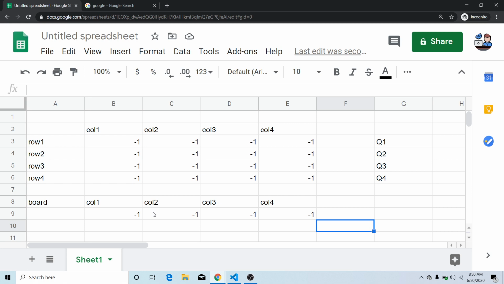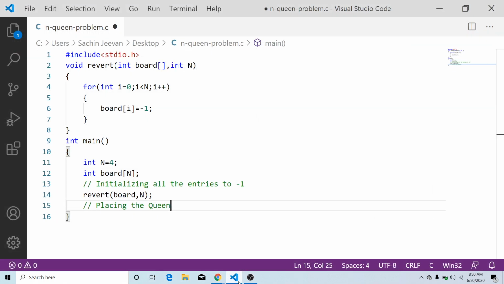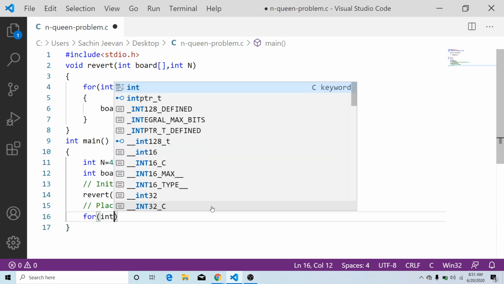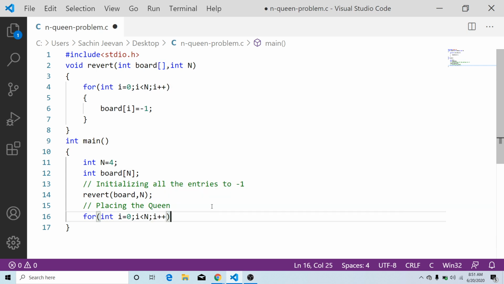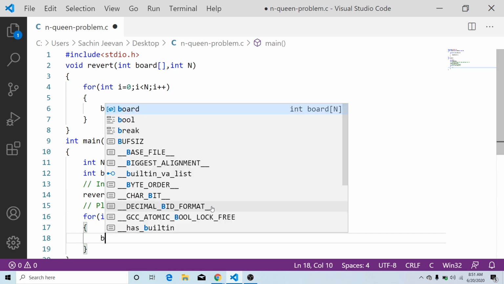Okay, right. So now we have to start placing the queen. How are we going to start placing the queen? For the first row, we are manually going to decide the column where we place the queen, either the 0th column, first, second or third column. So totally how many columns do we have? We have 4 columns, right? So let me write a for loop: for int i is equal to 0, i less than n, i plus plus. Okay, so inside this loop,